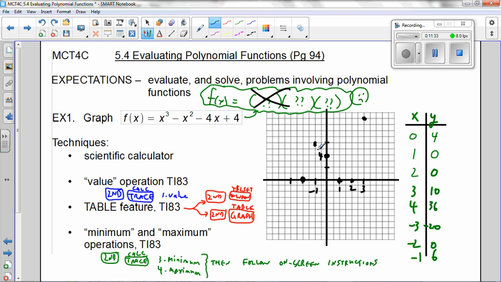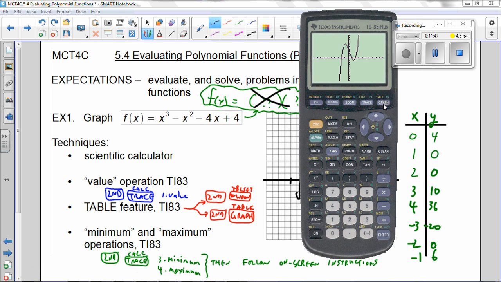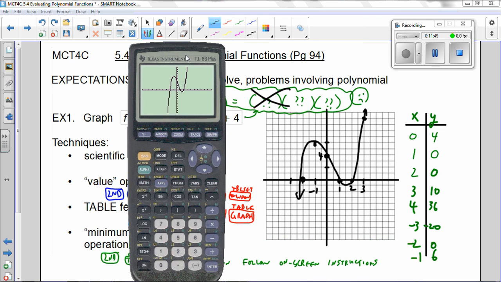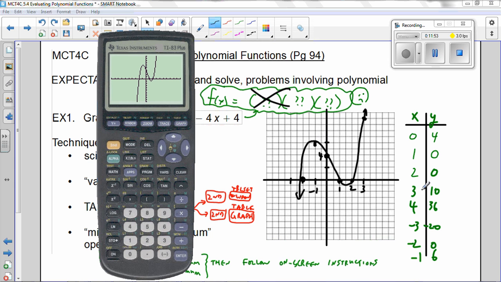And then I kind of just got to do a smooth curve through all of these now that I got the points. And that kind of looks like the graph that I had, right? Sure it does. Which is great. Now, I'm going to come back and talk about this in a second, but